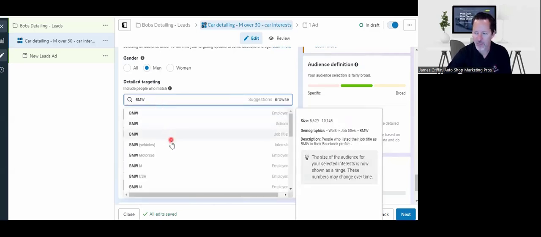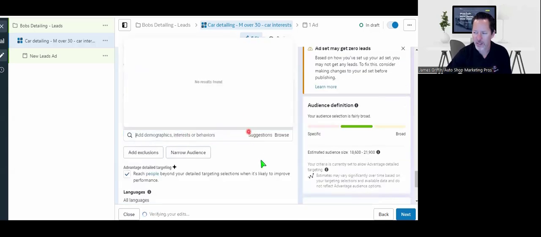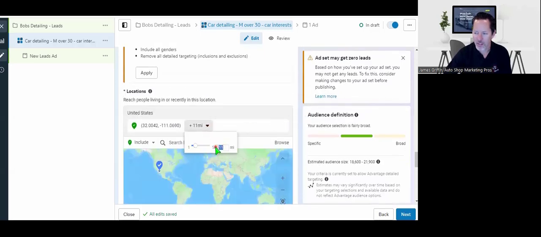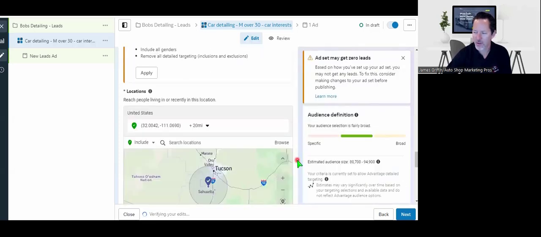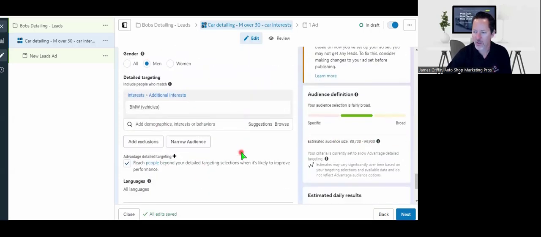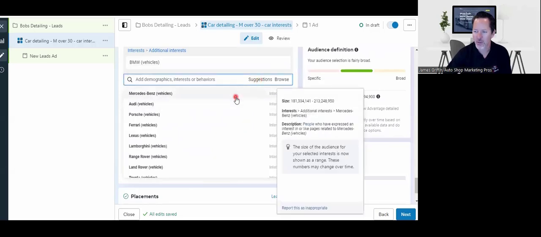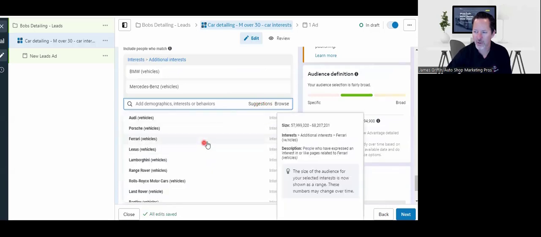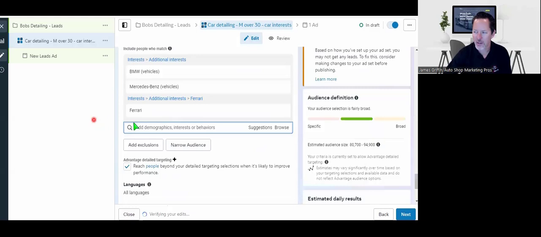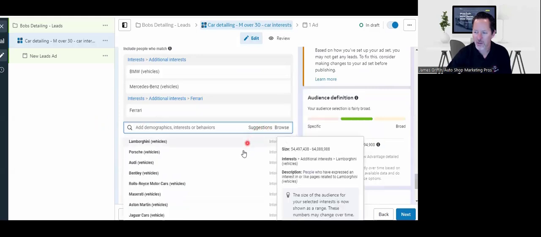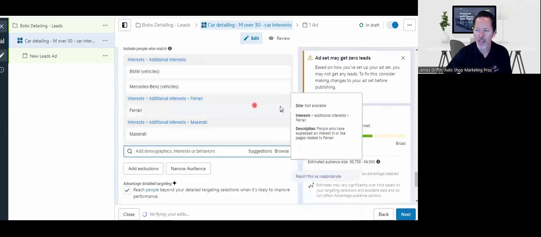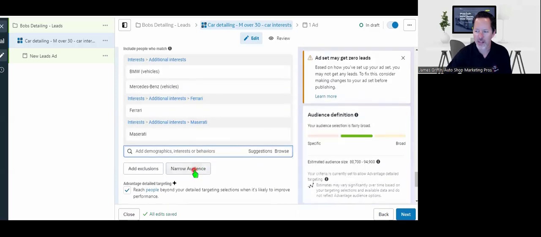So it's actually a pretty similar audience already. This area might be smaller, so it may not help a lot. But it can help with a bigger area. If we go bigger, let's go like 20 miles. So 80 to 94. Now, if we go to suggestions, we can go Mercedes. Suggestions, Ferrari. Maserati. So you can add all these other cars here. And then we could actually narrow it down to